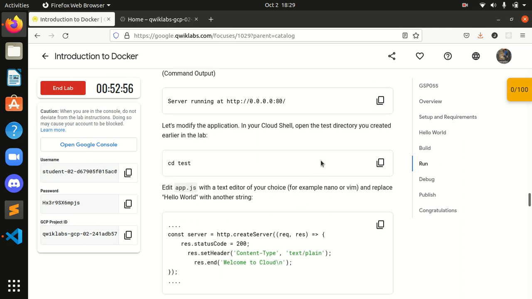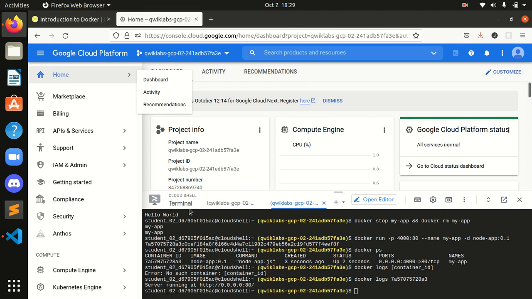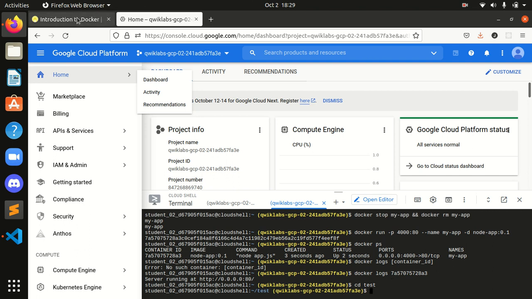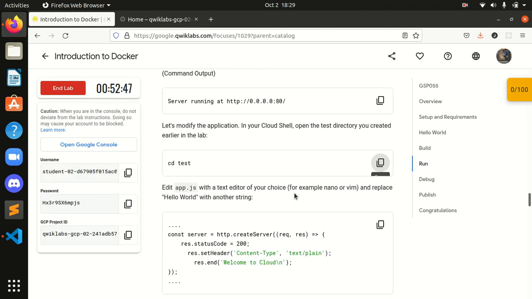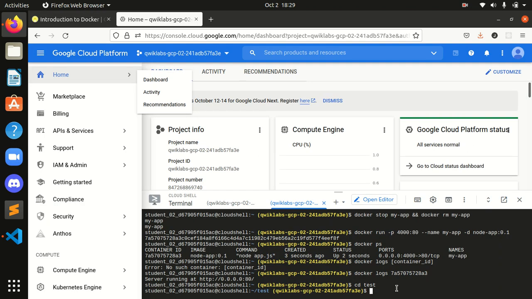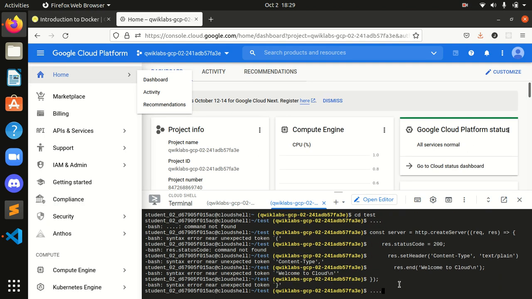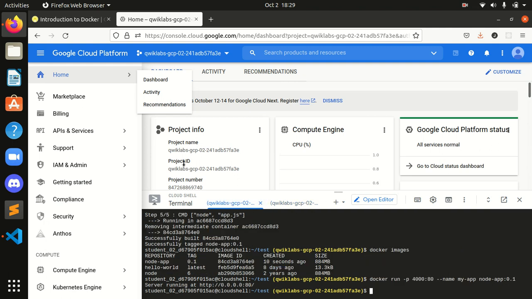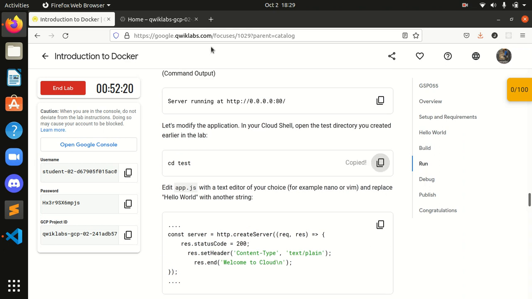In your cloud shell, open the test directory you created. cd test, Control V. Now press enter, and cd test. Edit app.js. Wait guys, I'm here, and I will be running this command over here.